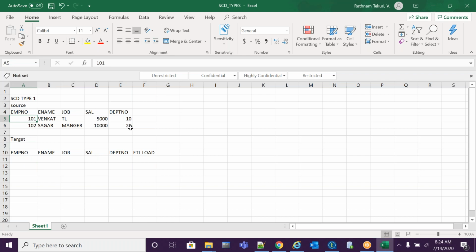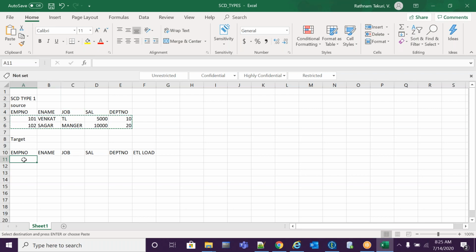Initial load means all the records will be inserted into the target. The employee number is the key. Employee name, I don't want changes, that is static. For the remaining job, salary, DEPT number, if there are any changes, update it. If it is a new record, insert it. That is called SCD type 1.